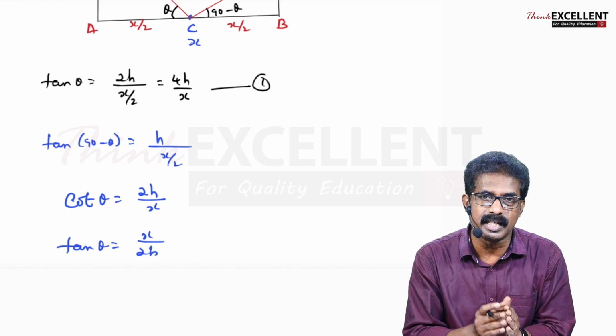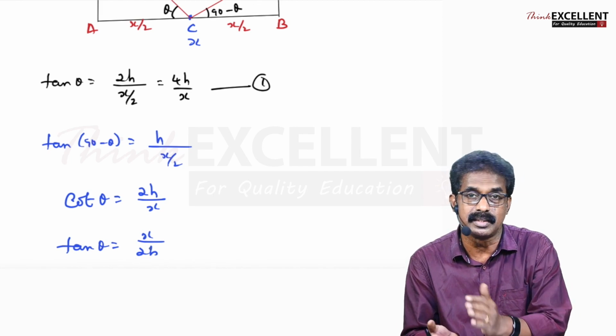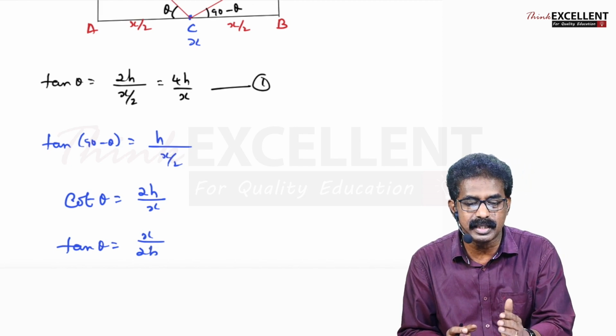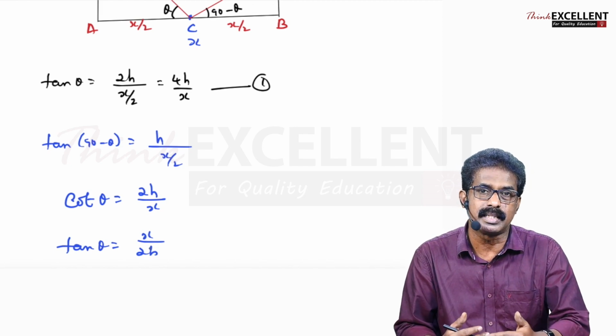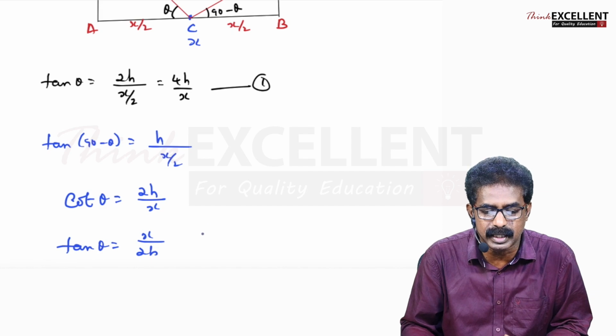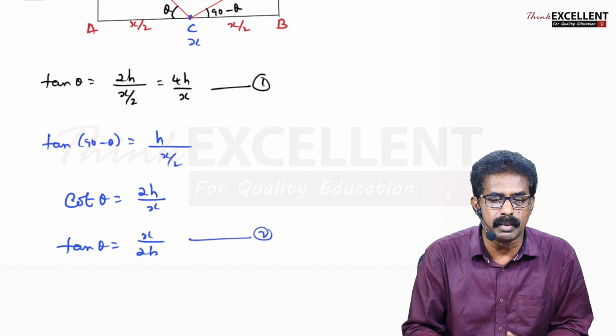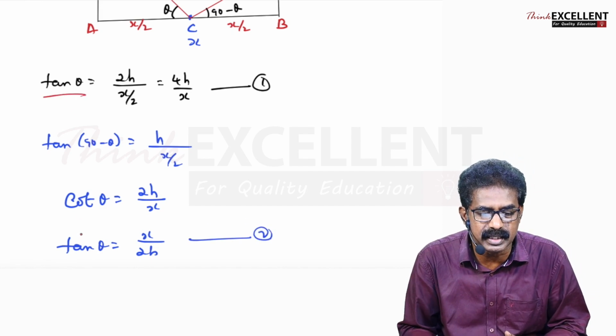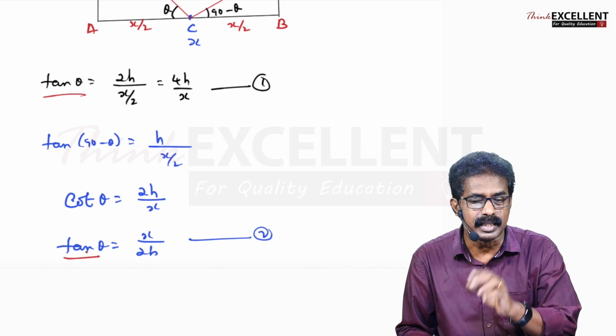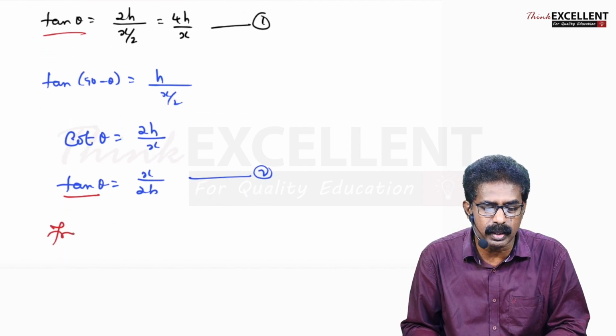If tan theta is 2 by 3, cot theta is 3 by 2, right? So here cot theta is 2h by x, so tan theta is x by 2h. I'm taking that as equation number 2. Now we see 1 and 2, both the left sides are the same, tan theta. So the right sides are also equal. So from 1 and 2,